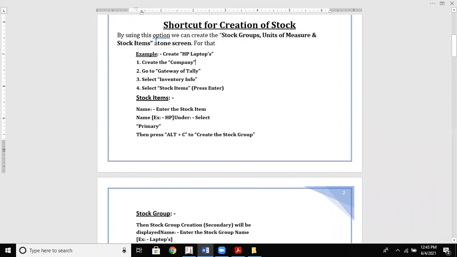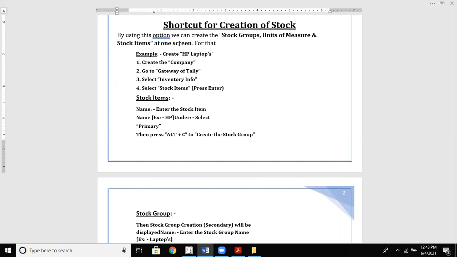Earlier, you used to get into the Gateway of Tally, first create a stock group, then after creating that, create units of measure, then create stock items. But with this shortcut, you can create all at a time. For example, let us take HP laptops.